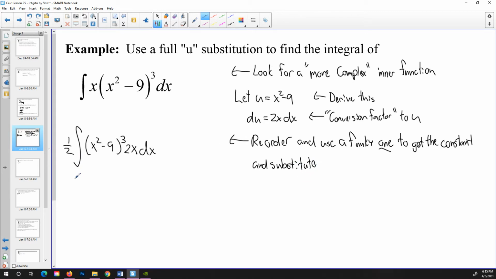So here's what I'm going to do. I have my half. I have my integral. This expression right here becomes u. That's what I have here. It's still to the third. And this expression right here becomes du. And now I can integrate this